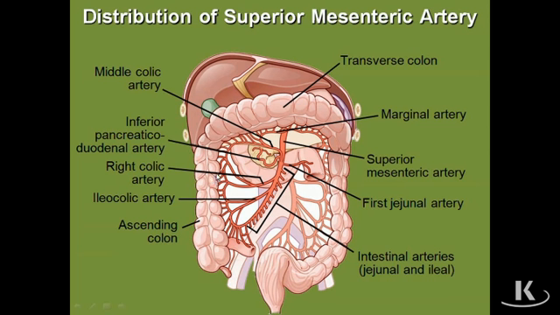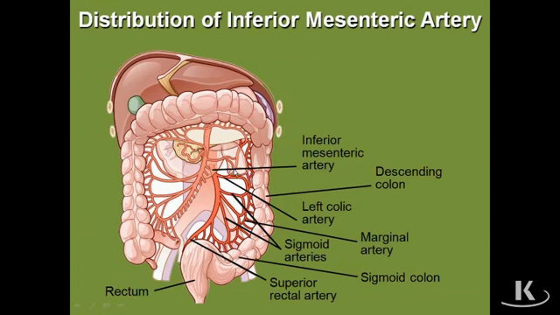They are end arteries. So each one of those vasa recti has a segment of colon for which it is responsible for the blood supply. And so an occlusion of a vasa recta could in fact lead to a segment of ischemic bowel, while occlusion of the parent artery, the right colic artery, would not result in ischemic bowel. Okay? So let's move on to the third artery, the inferior mesenteric, which is of course the artery for the